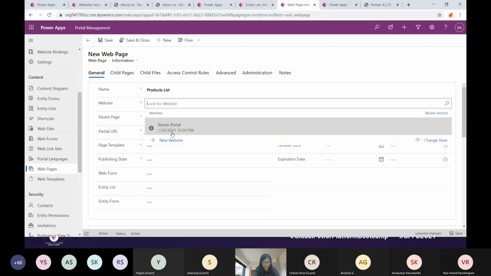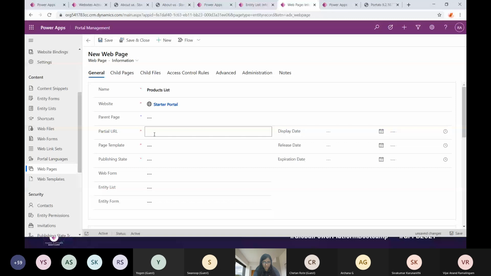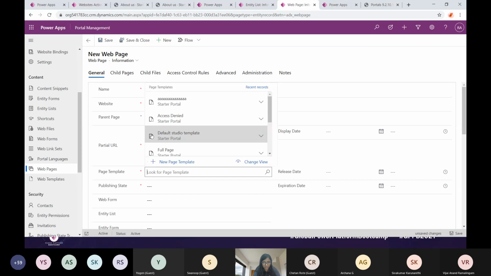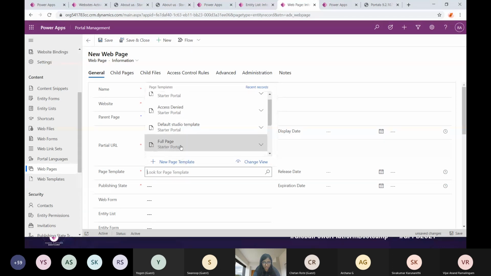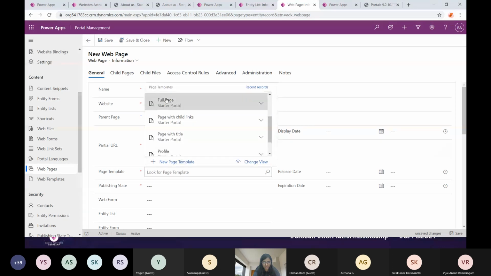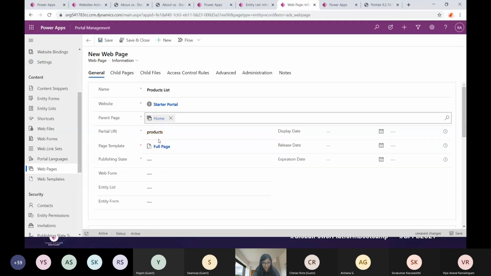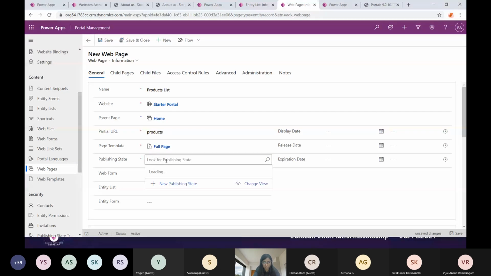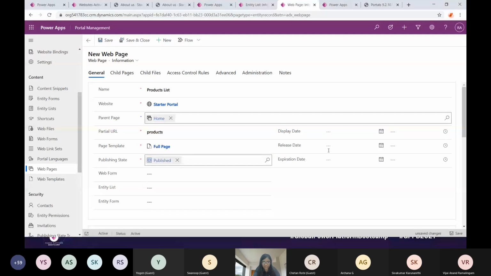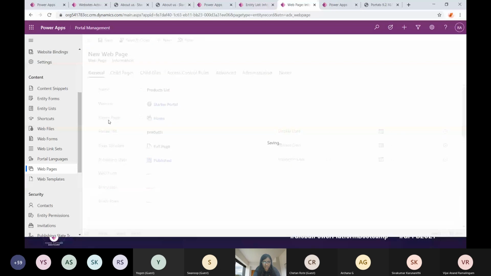Then I'm going to say that site is this, partial URL is products, page template is my full page. And here it is throwing an error because I have not specified a parent page here. If I select it as home, then my URL is accepted. Publishing status published. Okay, and I save it.